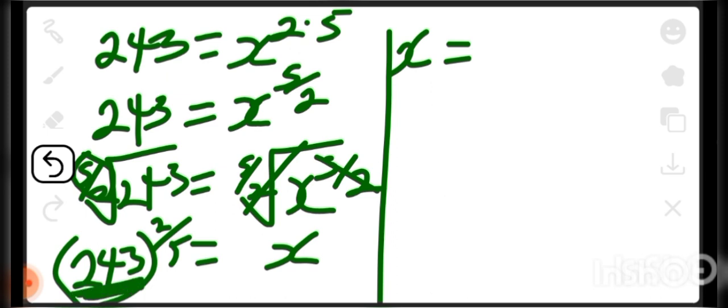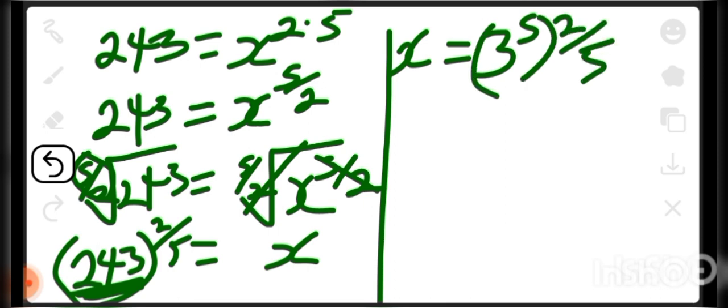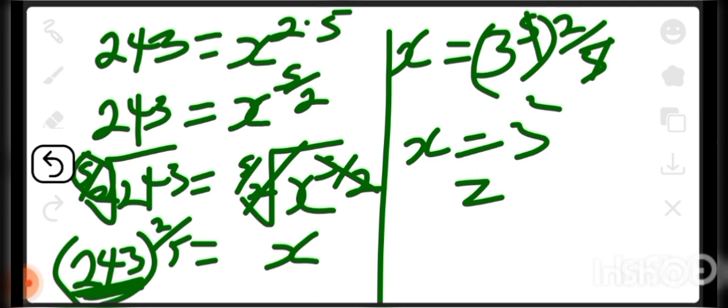It is the same thing as 3 raised to power 5. Then now, that raised to power 2 over 5. This will cancel this. S will be equal to 3 raised to power 2, which is also 9. So why stressing yourself when you can just press calculator to just take s to be equal